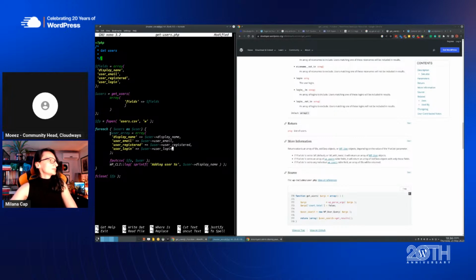Okay, so we have now this, we converted this to an array, and we want to pass this array here